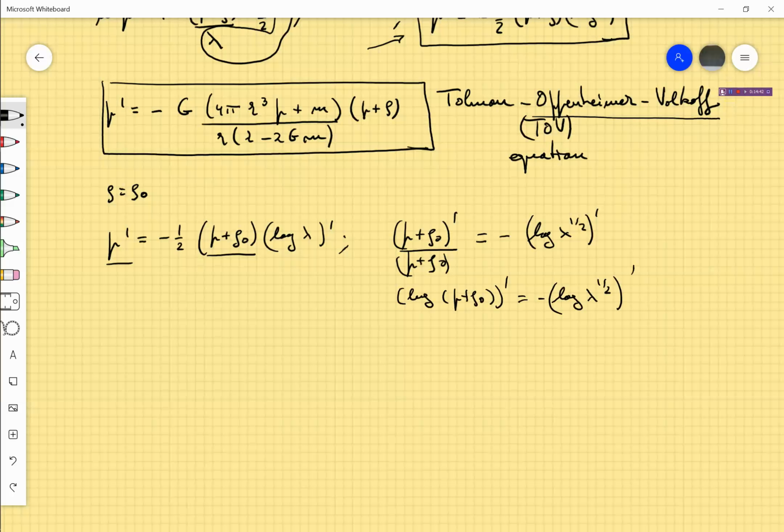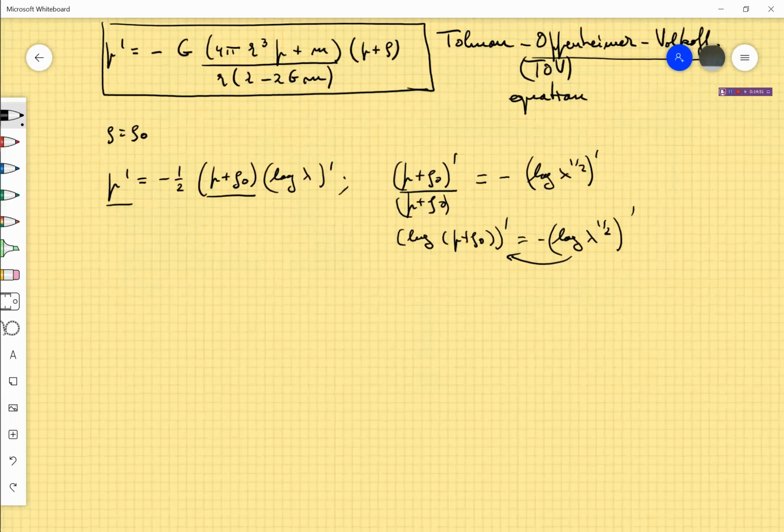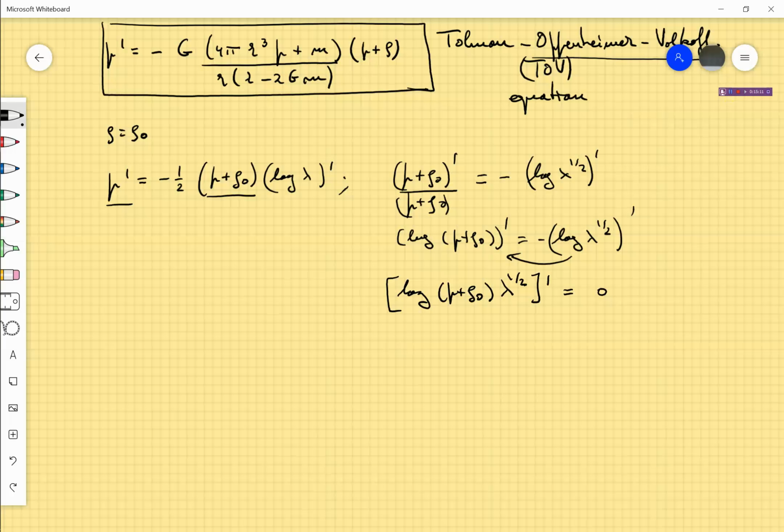Well, we can do it in different ways as you want. For instance, we can first pass this to the left hand side, combine it inside of the derivative, then use the property of the logarithm. So this is just p plus rho 0 lambda 1/2 prime equal to 0, which integrates to some constant, and let me call this constant log a. Okay, remember this is an integration constant,